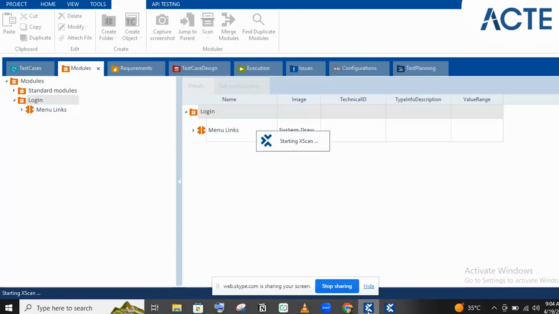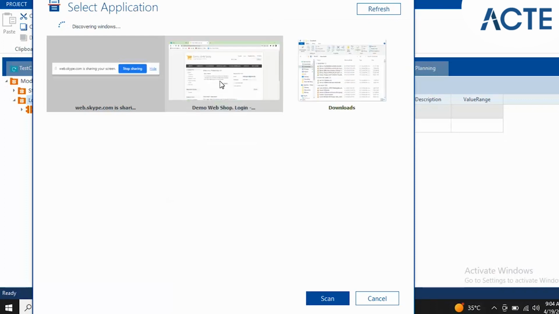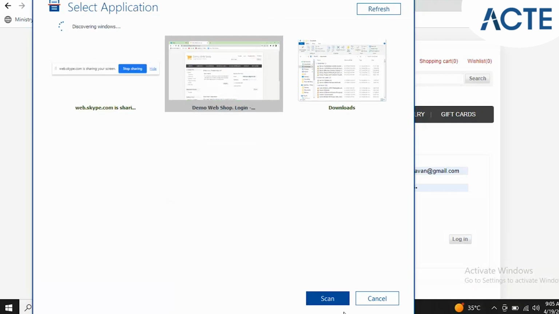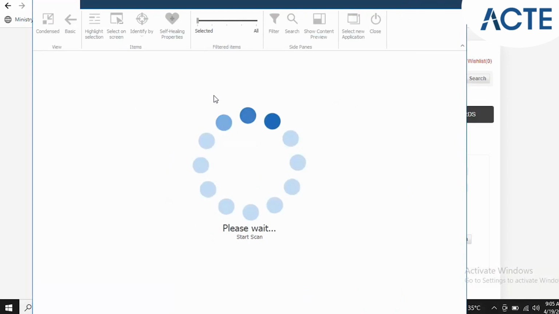Mm, anyway, eh, you can go. Like you can create the module for that particular functionality, and you can create the test case. Then you can create the module for another functionality, and you can create the test case for that. Either way, you can do. But the thing is, if you want to create the test case for any functionality, you should have the module for that. So that's the